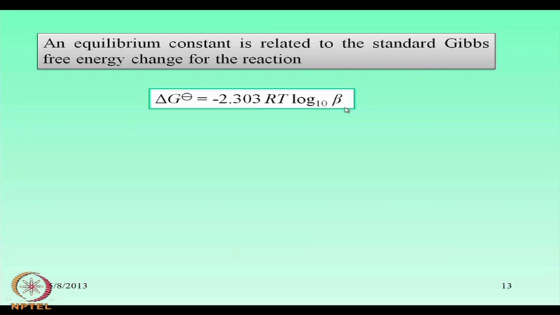So this is the constant we are looking at for the determination of the stability constant and the formation constant, and the determination of the beta value can also give us some idea about the corresponding delta G0 value for the reaction system, where we know the temperature, and the temperature effect can also be monitored because if the beta value is known, we can find out the delta G0 values for these reactions,